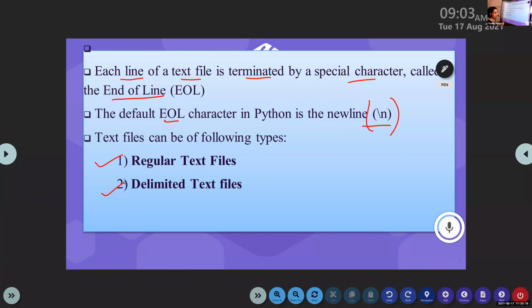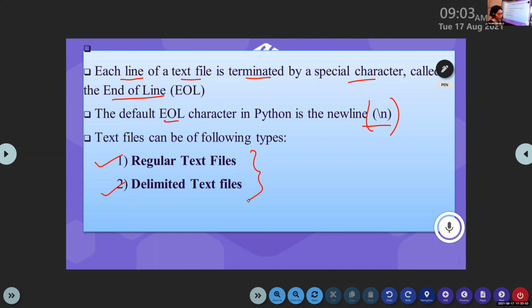EOL stands for end of line, and by default, in Python, it is /n. I hope this is clear. Only write this one. So which are the two types of text files? Regular text files and delimited text files.